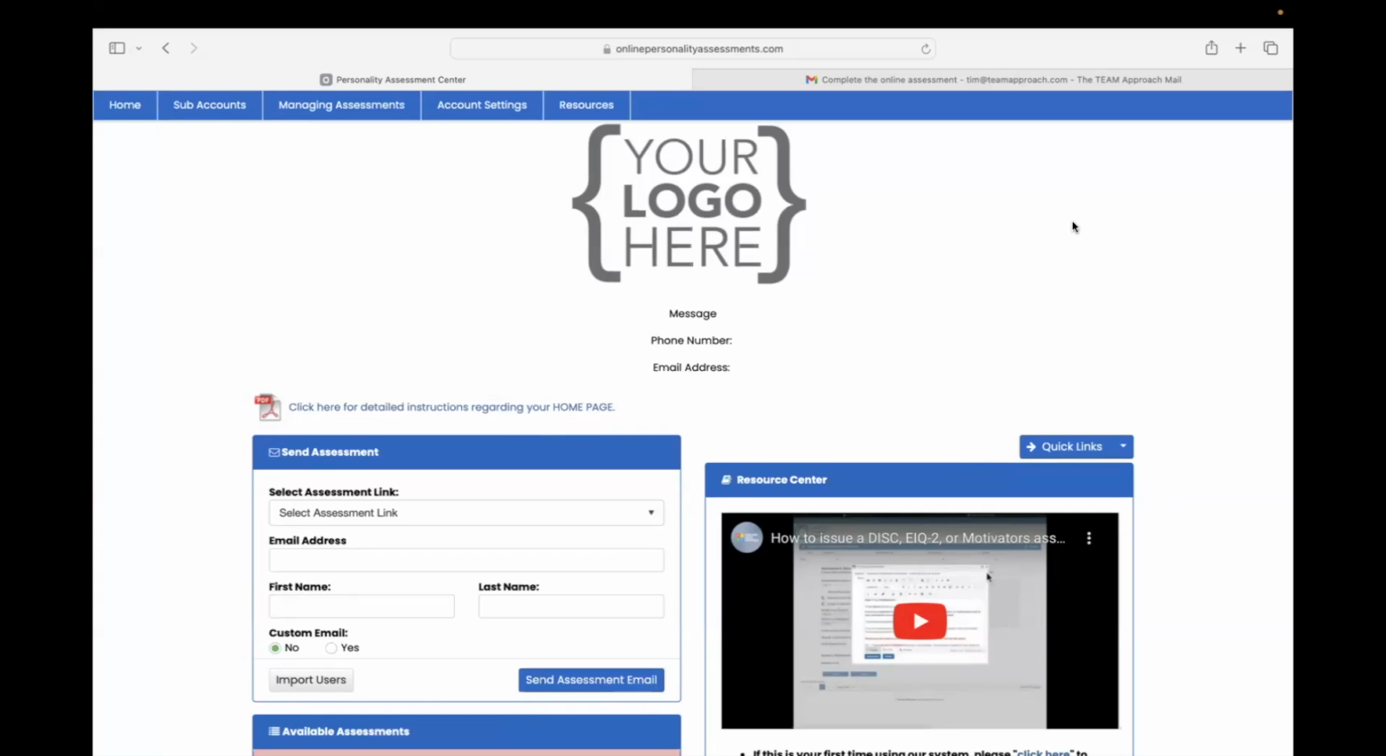I'm here today to walk you through the most important features of your administrator account that you use for Motivators, EIQ, and Team Dimensions assessments. Today we'll look at 6 areas of your account settings, including how to white label your account, purchasing assessment credits,